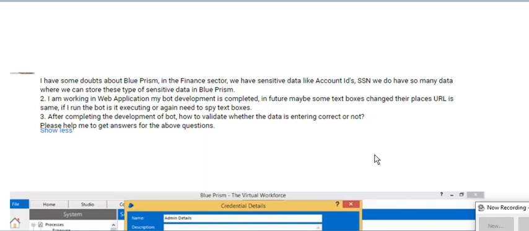In UAT, user acceptance test, the client will test each and every test case which they have on their own. They have sufficient data. When we create our process automation, the client will not give sufficient data; they will give at least one or two data sets, and we have to develop on it.